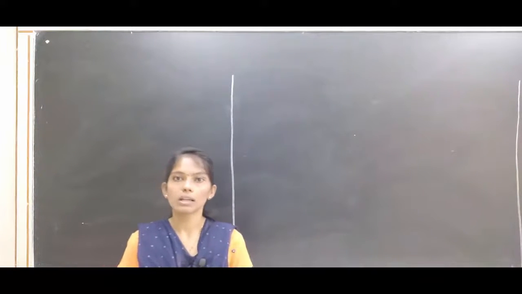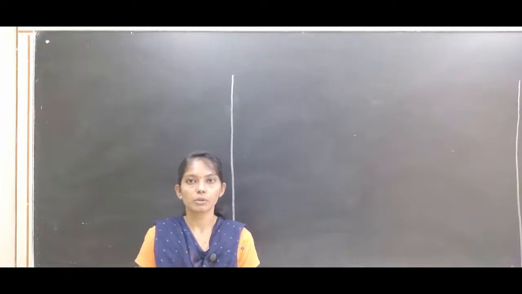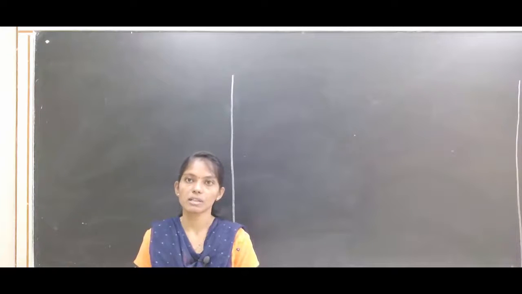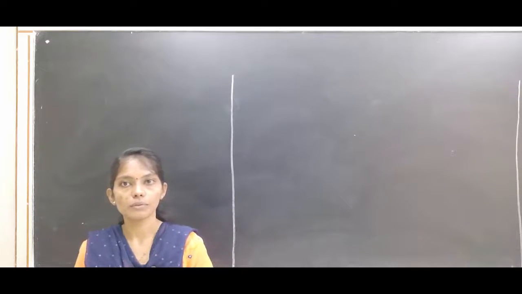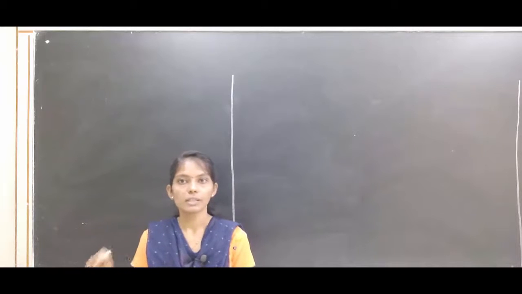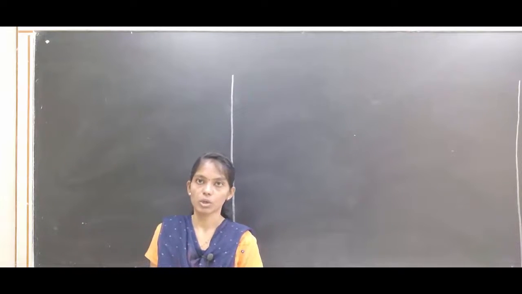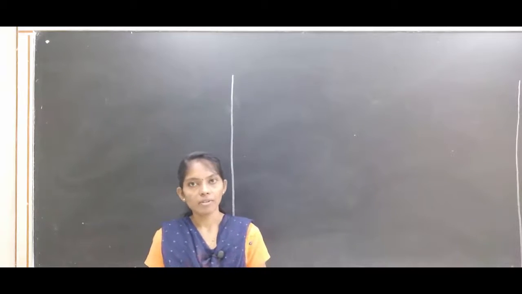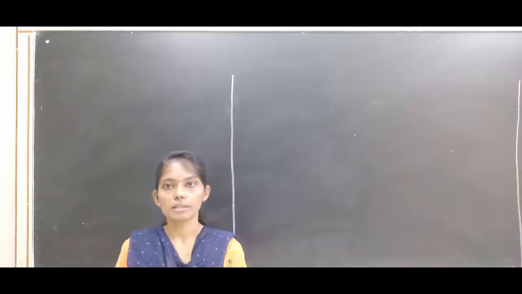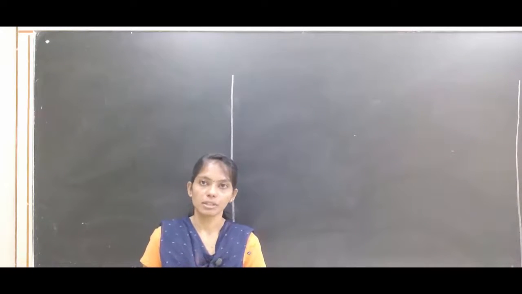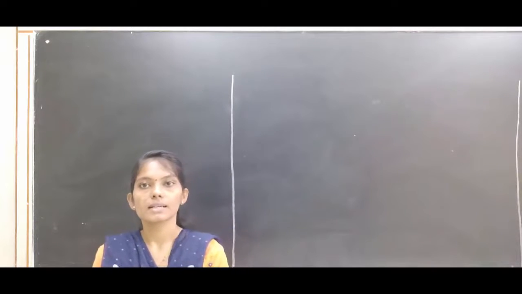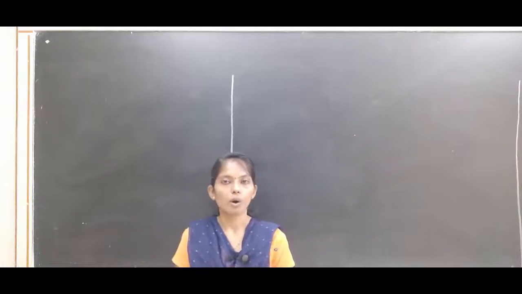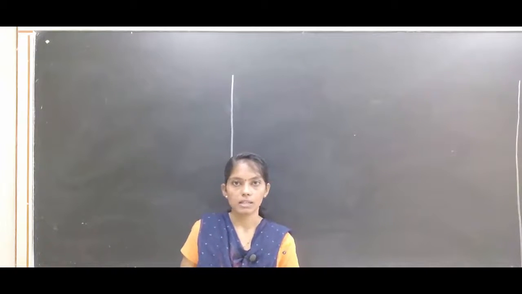Students, welcome to all. Today we are going to study digraphs of relation, matrix representation of relation and composition of relation. Now we start with the digraph of relation. So what is meant by digraph? A digraph is the pictorial representation of relation R, known as the digraph of relation R or directed graph of relation R.